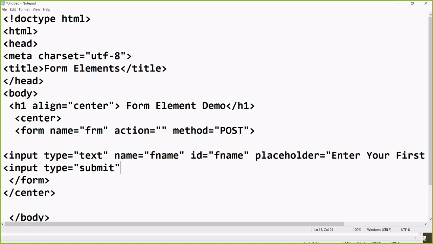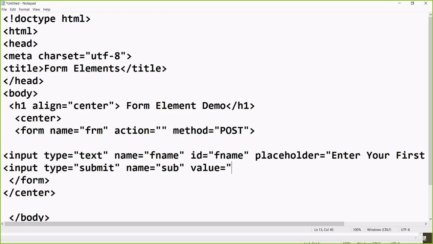Once you are writing input type equal to submit, that means inside the form whatever elements are there, maybe one checkbox, one input box, one text area, all values you can pass together. Okay, so input type equal to submit, and then name equal to, again the same thing. After pressing this, with this name only you can check whether somebody submitted the button or not. Then value equal to.